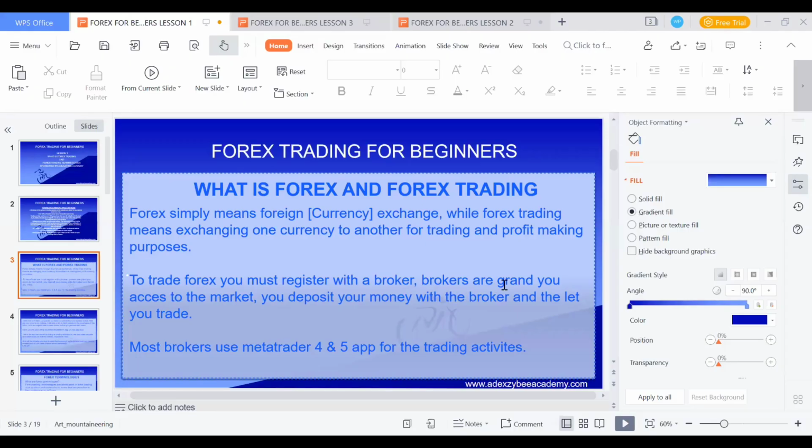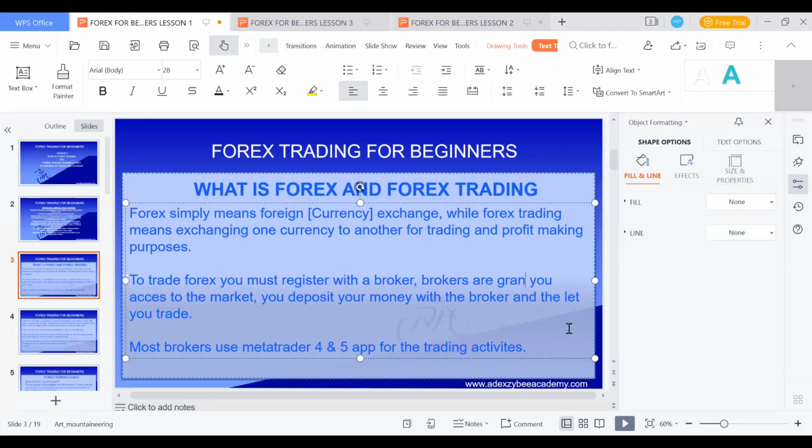The work of this broker is to grant you access to the financial market. Okay, or let me just say the forex market. So it grants you access to the global forex markets,